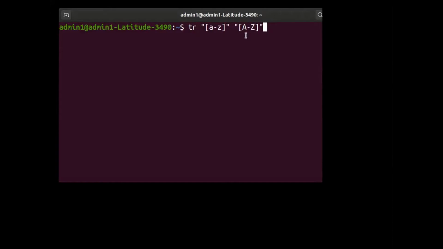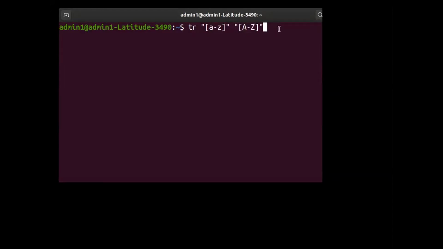Source string 1, the first parameter of the tr command, gets converted into the equivalent string 2. So every occurrence of lowercase a to z will be converted into the equivalent uppercase A to Z.